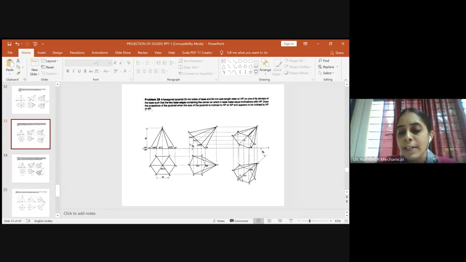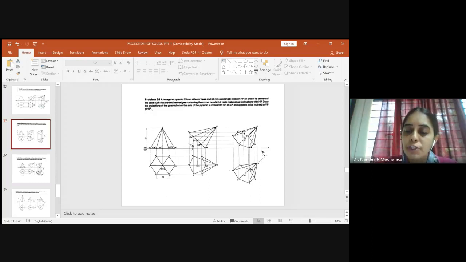Then you will identify the midpoint here, draw the perpendicular line, measure this distance and cut an arc, get the bottom surface, then extend this apparent length line. This is already extended. You'll be knowing the apex O. So join the outer boundaries. It will be really simple because no beta angle.